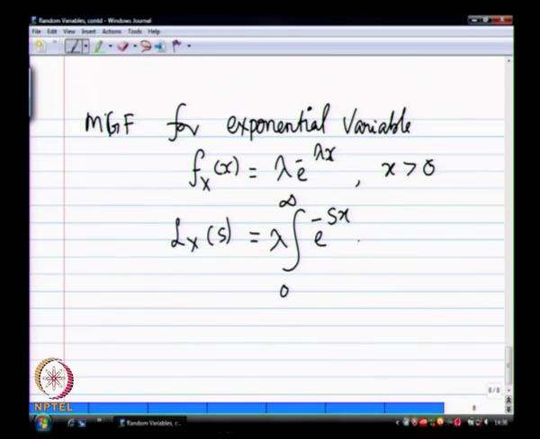It is e power theta x is what we had, theta is minus s, therefore it is e power minus s x, and then of course lambda I am going to take out, and because this is positive we are just